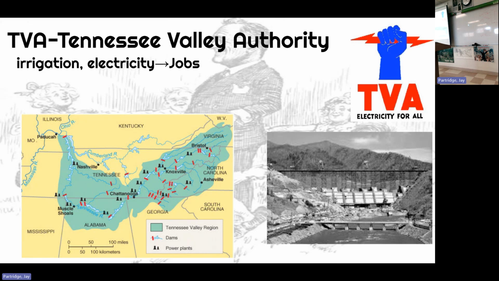It would build dams and do flood control and irrigation throughout the Tennessee Valley, which means the Tennessee and Cumberland rivers. All these red lines are dams, but it would also set up hydroelectric power plants. And this would be the beginning of the process of rural electrification, to bring electricity to rural areas. There's a couple different laws, but we'll just stick with the TVA as the one we need to know. But for example, under the New Deal, power would come to half of Montana, because no power company would ever build a power plant in Montana for profit, because they wouldn't make any money.